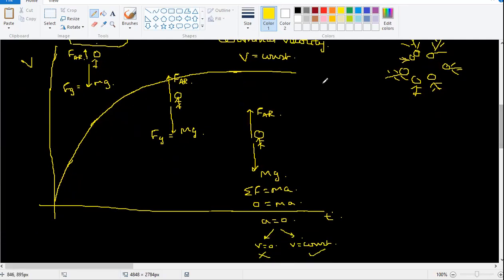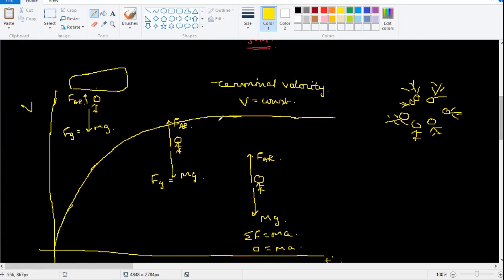Since the velocity is not increasing, the speed is going to keep going like this. If he comes and hits the ground with this speed, is it safe or is it going to be dangerous? It will be dangerous. Why? Because you are coming down with a very high velocity. Yes, sir. So what do we do? We either increase the air resistance or we decrease the velocity.